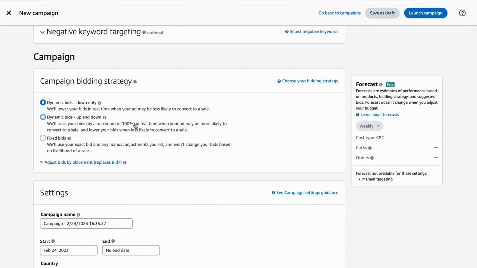yet. For example, if you bid £2, it might raise that to £4 if it thinks you could get a sale. But it's a risky game because you could munch through your budget really quickly. As I said, doesn't mean it can't be used at some stage, okay?